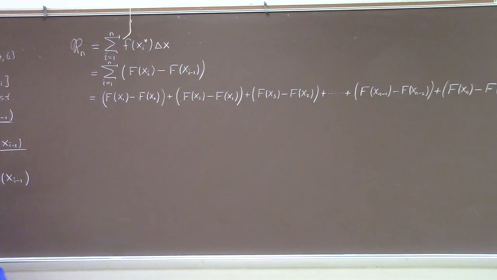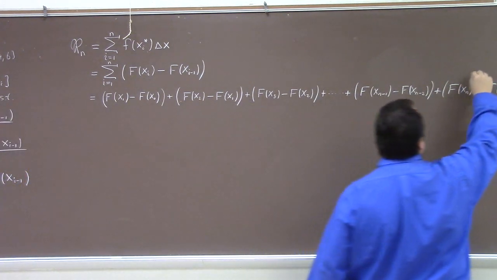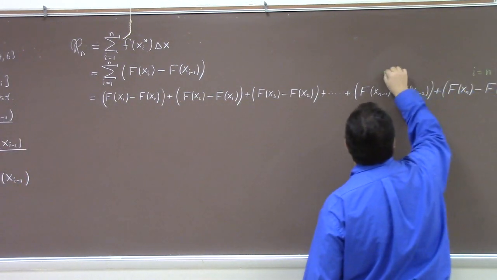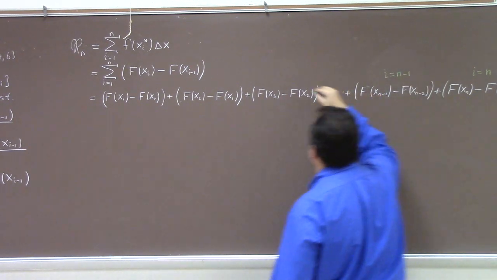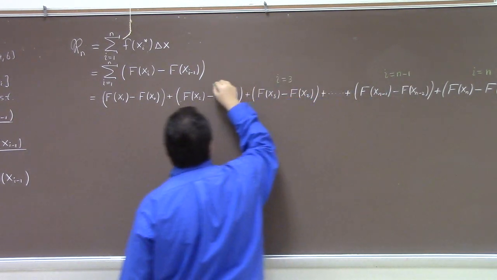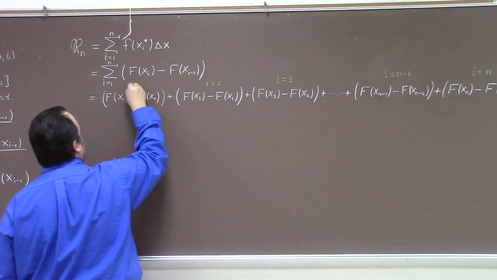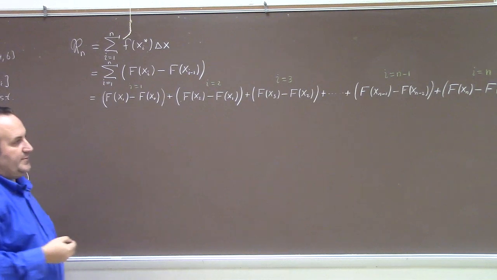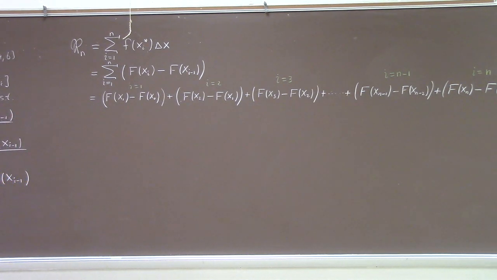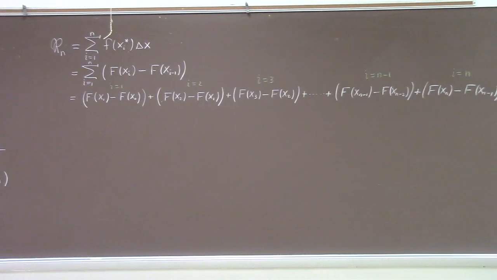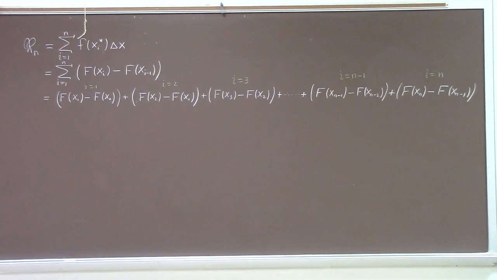So like the last term I wrote, this was i equals n. This was i equals n minus 1. This was i equals 3. This was i equals 2. This was i equals 1, okay? You guys see anything happening here? You guys ever seen one of those old-timey telescopes that collapses down? So this is what's called a telescoping sum because it kind of just,